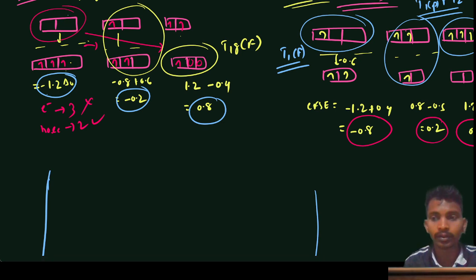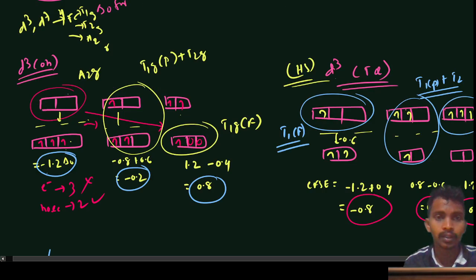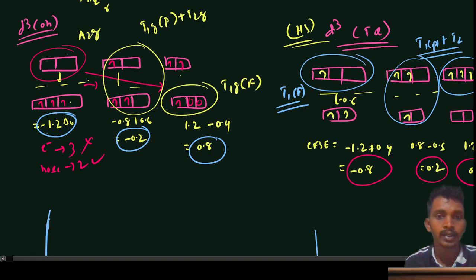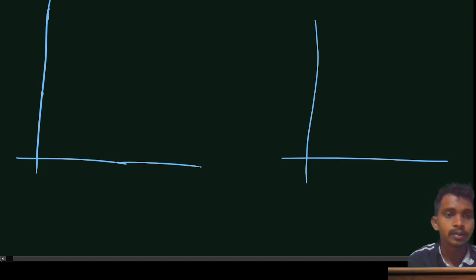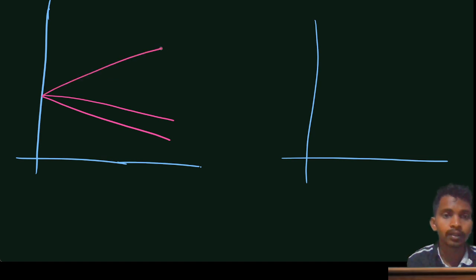After that this is T1g and T2g, that is also 0.2, and this is 0.8. So the values will be like this, and another also like this, another is like this. This is minus 1.2 delta naught, and that is for A2g, and this is for T1g